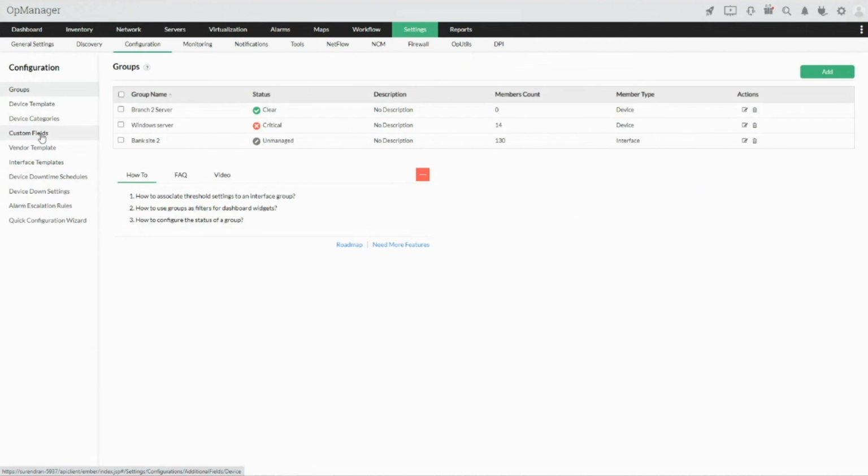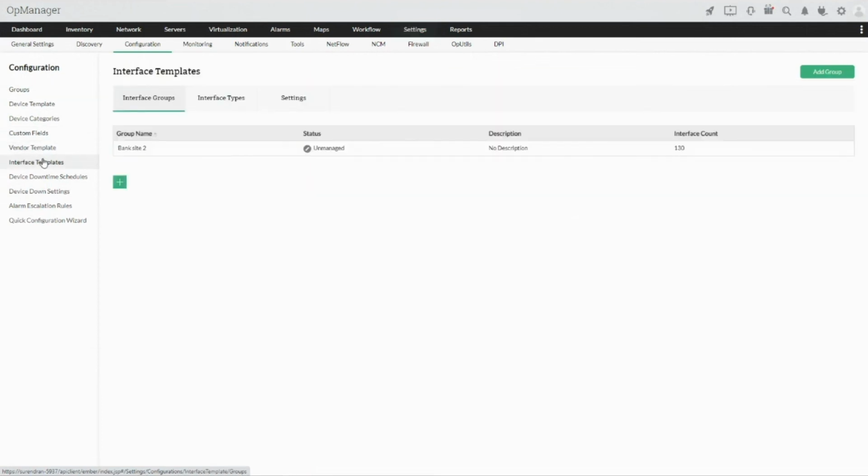And also this grouping option is available for interfaces as well. So if you want to create link or interface based grouping, you can do them and start monitoring them. So once you have a group